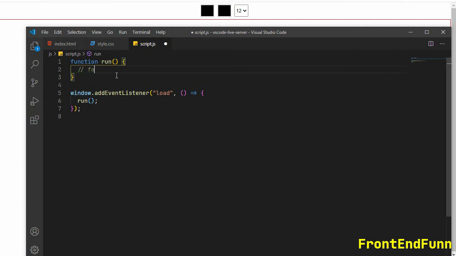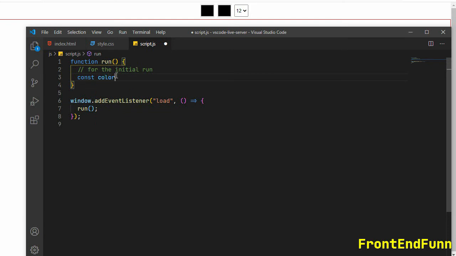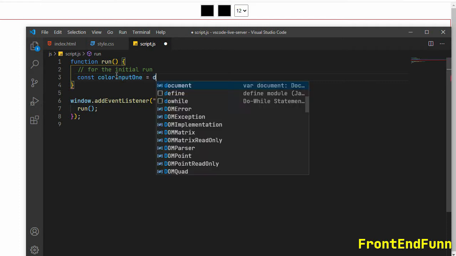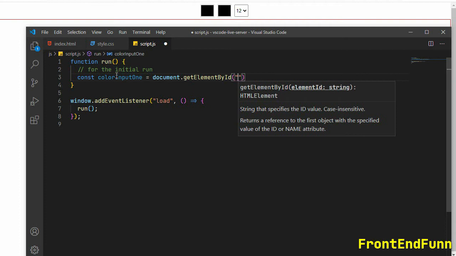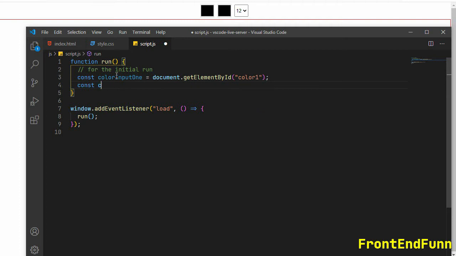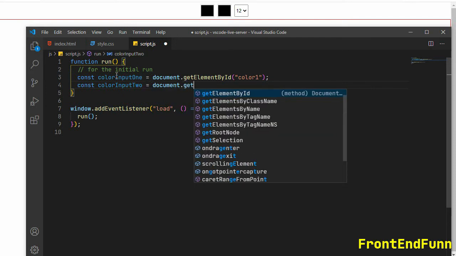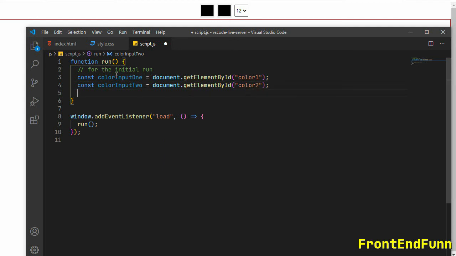So for the initial run, what we need to do is const colorInput1 will be document.getElementById. We have given an id of color1 for the first color input, and similarly for colorInput2, document.getElementById of color2.